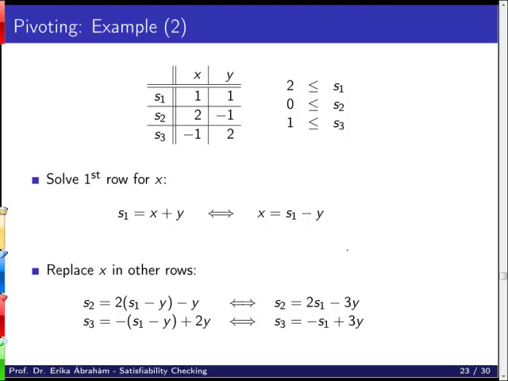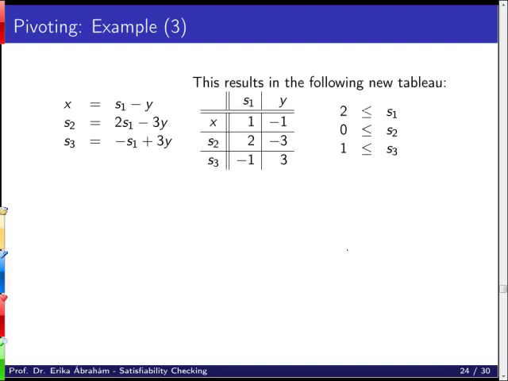And since instead of x now I have S1, I have also modified the other rows. Previously I had S2 equals 2x plus y. And now I have to replace x by this term, 2 times S1 minus y. If I reformulate it, I get 2S1 minus 3y. I do this for the third row also, and I get this new constraint system. I pivoted x and S1, and I modified the other rows accordingly such that their values do not change. By this pivoting, until now we did not change any values yet, the equations hold. The only difference is that now